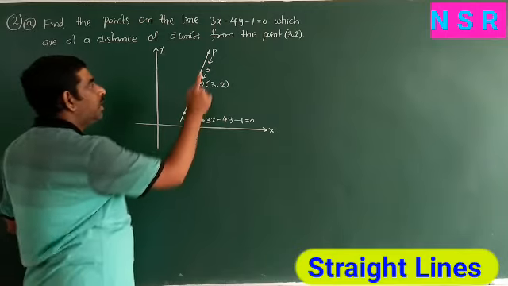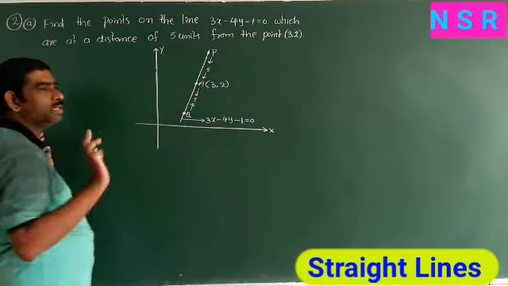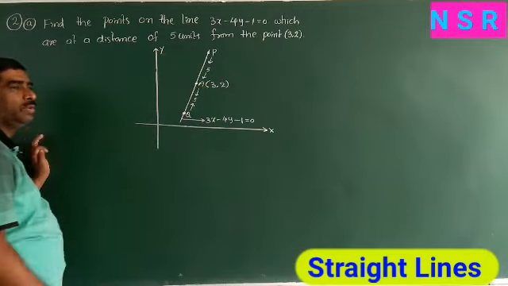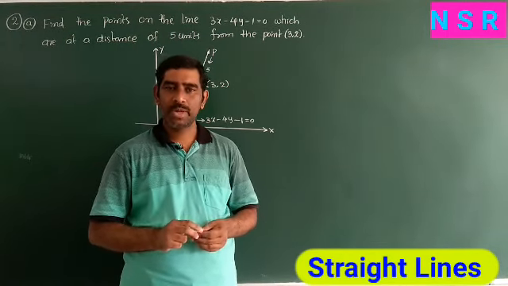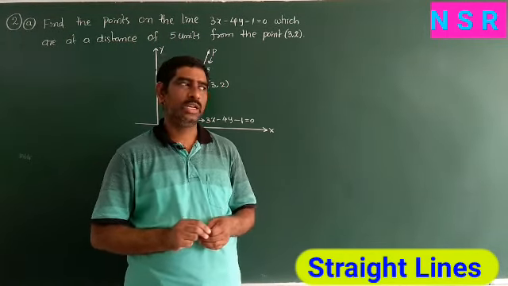If we are finding 2 points on the line, you compulsorily use parametric equations. What are parametric equations? x is equal to x1 plus r cos theta and y is equal to y1 plus r sin theta. So here we already have the r value. The distance is small r, that is given as mod r equal to 5, that is r equal to plus or minus 5. In the positive direction we have one point P, and in the negative direction we have one point Q. So here find the P and Q points. Before that, find sin theta and cos theta.